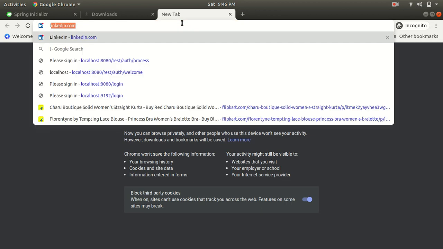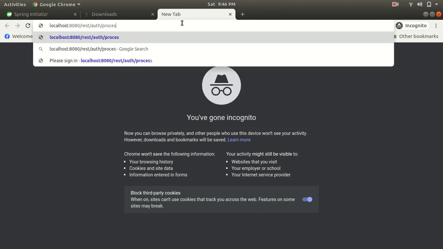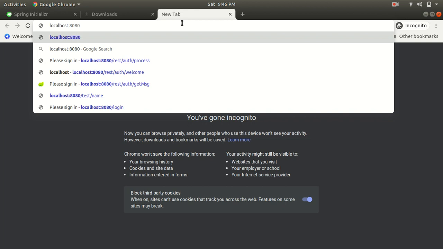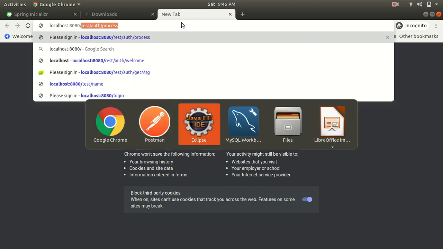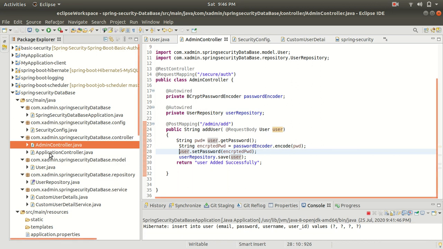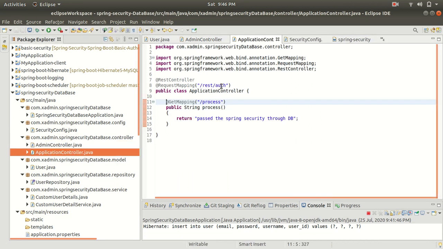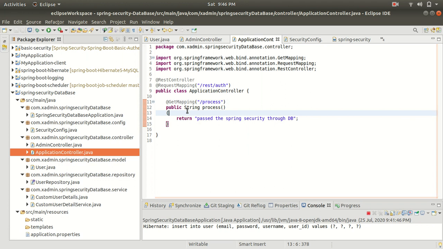So now I am going to hit the other URL, the endpoint of the application controller here, REST auth and process, and it will show a Spring Security login page. And if we put the correct username and the password, then it is going to fetch from the database, and it is going to authenticate.